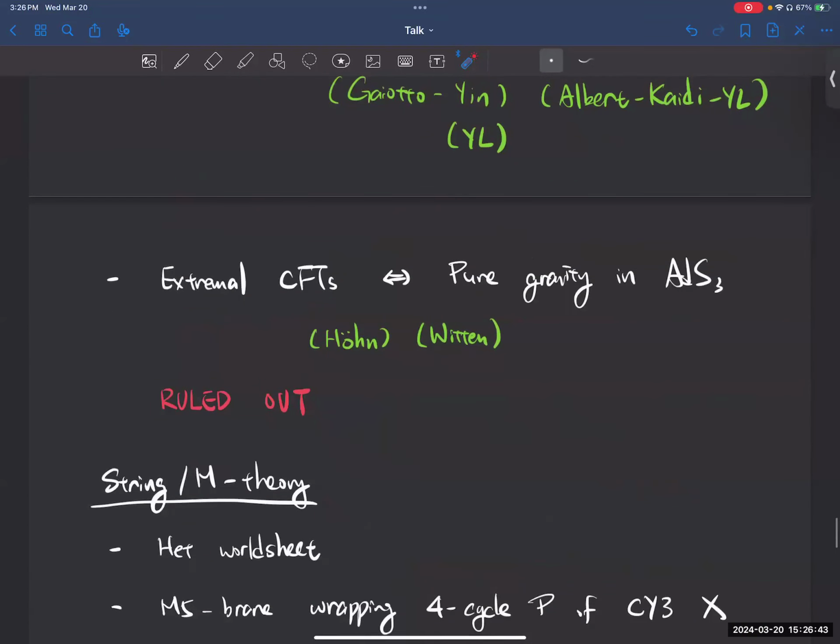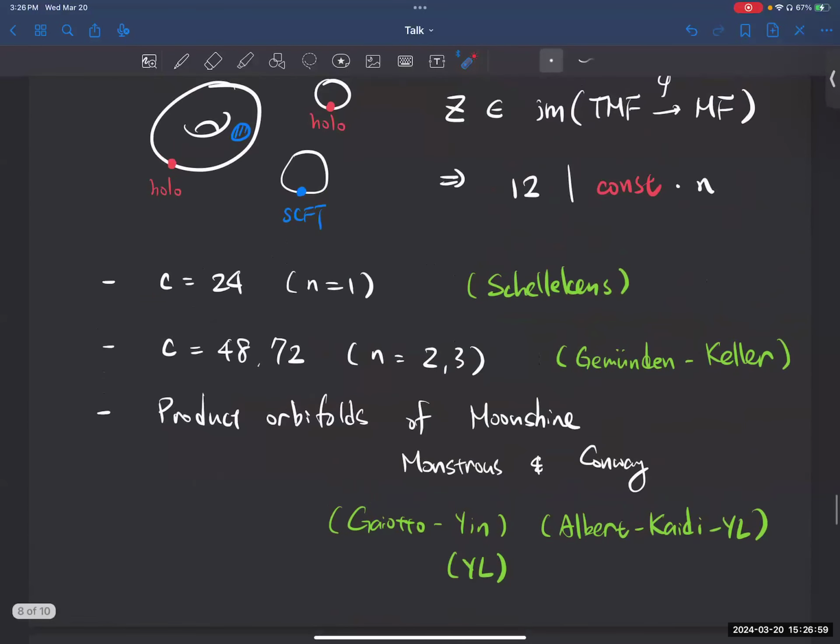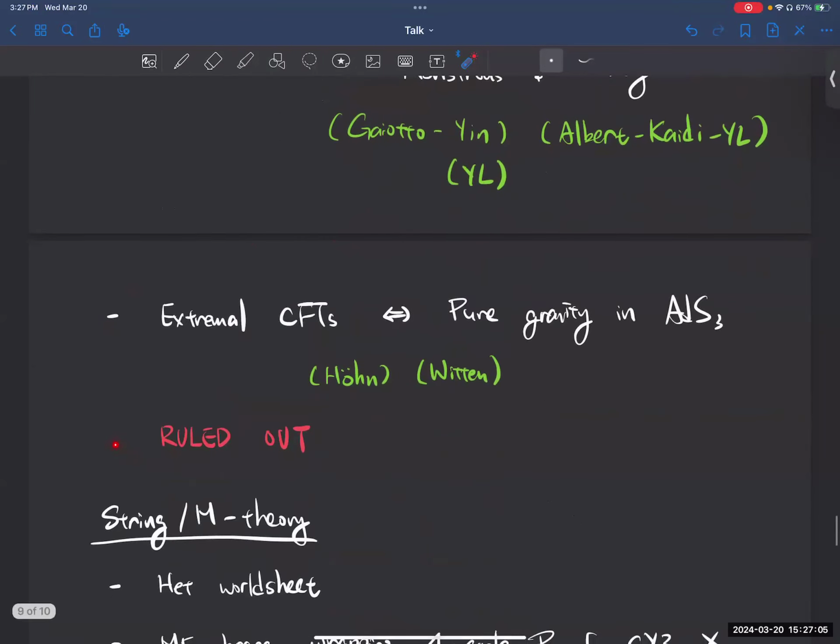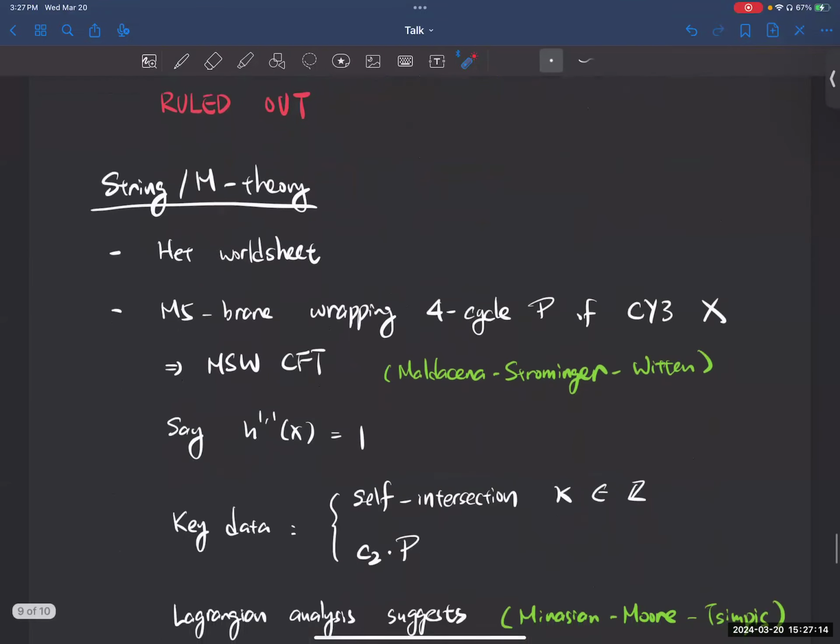And then Witten conjectured that, well, this is such a nice family. If it has any significance in holography, it's probably due to some very nice theory. But if you go and look at those partition functions, they don't satisfy this condition. So as a believer in the TMF, the Stokes-Deschner conjecture, I would consider basically this wishful thinking ruled out. So that's one application to quantum gravity. And then,